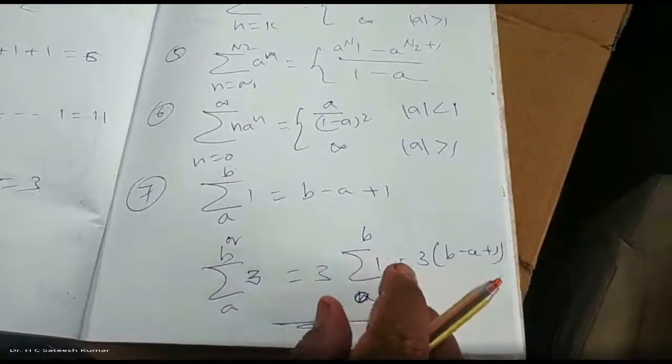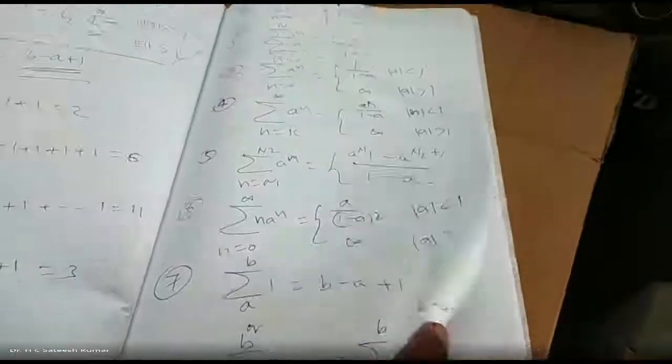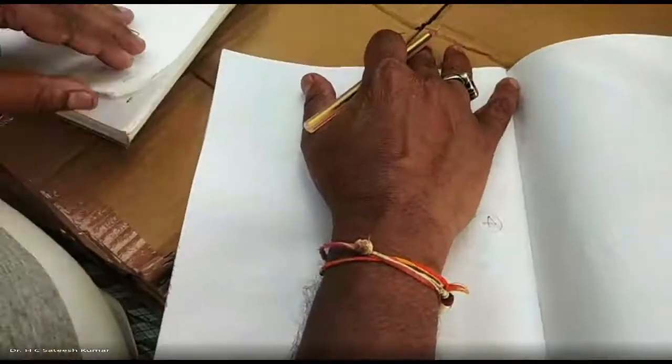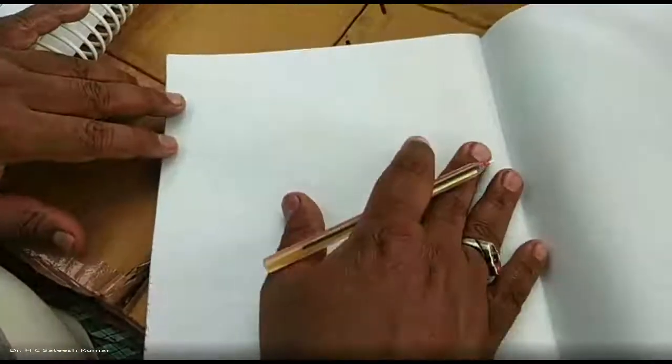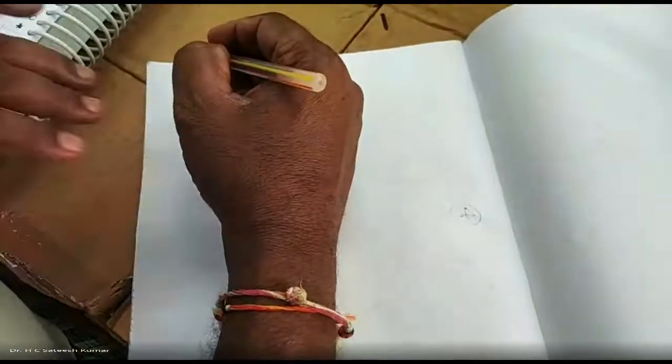Particularly when we are doing the discrete problems, we come across this kind of formula. These 7 formulae are very, very important formulae which are used for solving the problems related to summation. Now, based on this, how to solve the problems on energy and power. Right. Now, based on this, I'll do one problem.